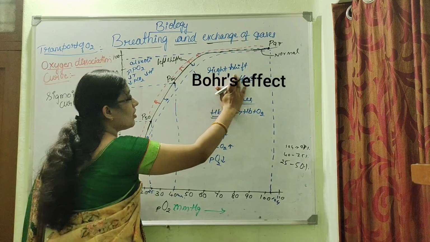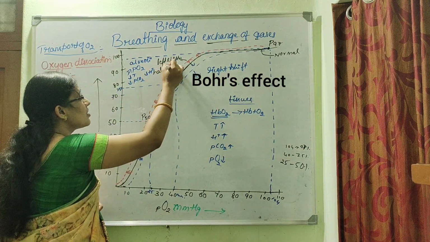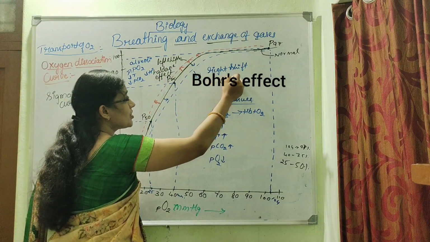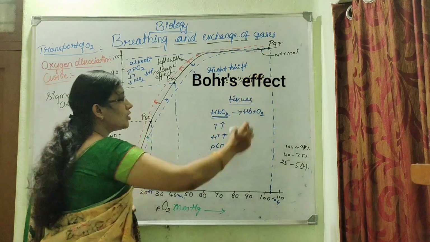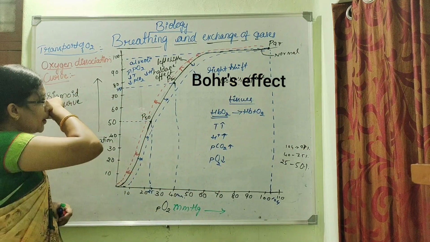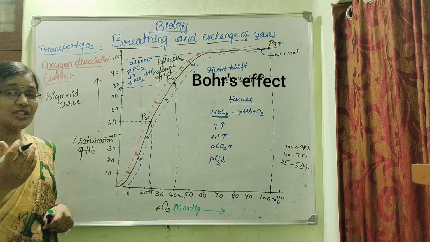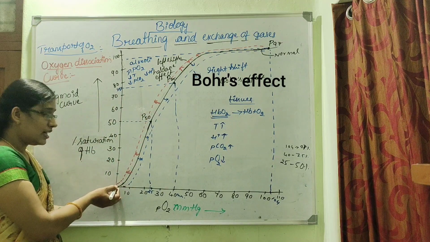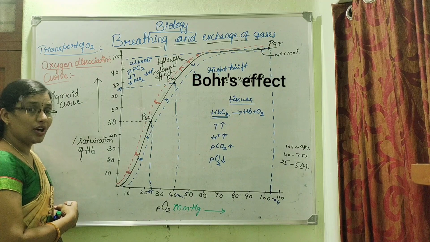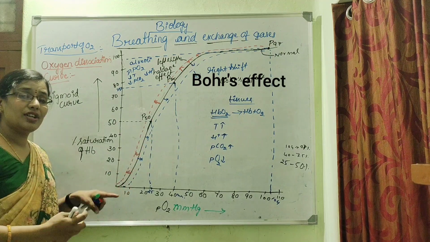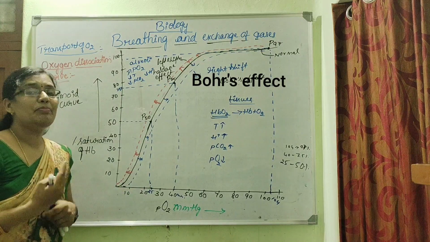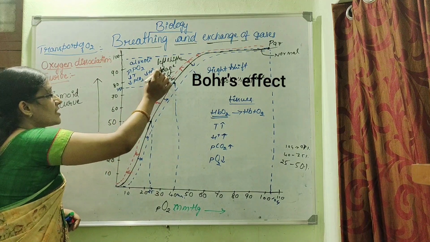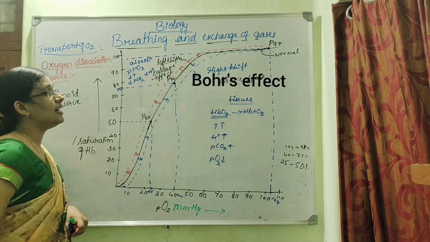And this is not Haldane effect, this is... sorry, this is Haldane effect, and this is due to the Bohr's effect. Okay. So why is there a shift of the curve towards the left side in alveoli? In alveoli, the partial pressure of oxygen will be more, and thus the binding of oxygen to the hemoglobin takes place at a rapid pace, and thus there will be a shift of the curve towards the left side, and this is called the Haldane effect, and this is also called the left shift.